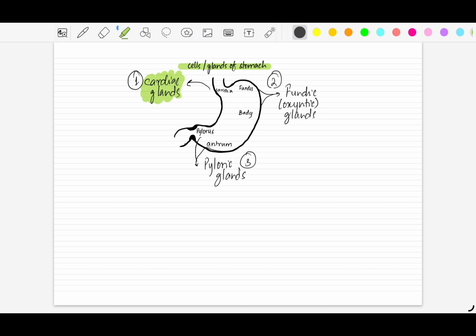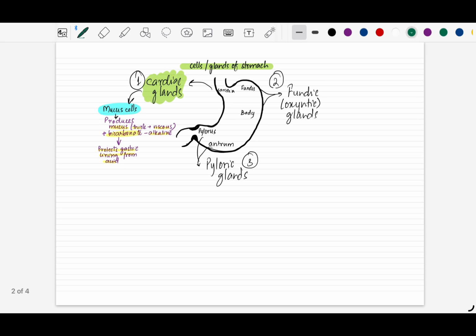Now these cardiac glands consist of mucus cells. Mucus cells are responsible for producing mucus, which is thick and viscous, and bicarbonate, which is alkaline in nature, which means that it is necessary to protect the gastric lining from the acid. Another thing is that these mucus cells are located in the neck of the glands,